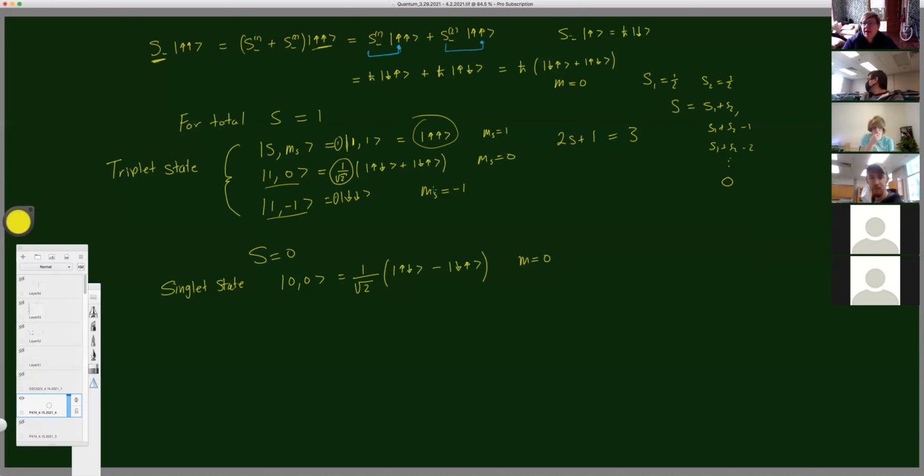But you don't want to have to apply the S plus and minus operators when you're adding angular momentum. If you have two particles of spin, say 1/2 and 1, you don't want to have to apply raising and lowering operators to figure out what the states and the coefficients are. And that's where the Clebsch-Gordan coefficients come in, right? So in general, we can write the Clebsch-Gordan coefficients,